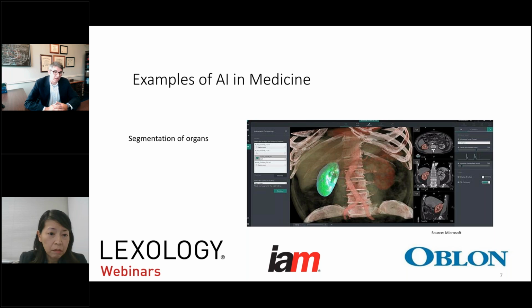So I want to start by talking about some AI that has been involved in medicine, which we know in medical devices, especially segmentation of organs. There's been real huge advances in utilization of AI. Before AI, it was sometimes very difficult to detect the boundaries of an organ or to distinguish the organ from the background in, for example, CT images. Because of AI, there's been huge advances, and it's been much easier for doctors or medical professionals to operate in this area of medicine.